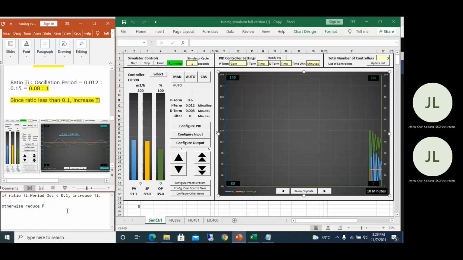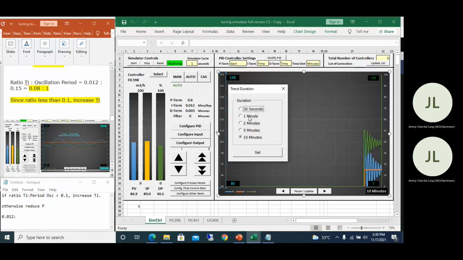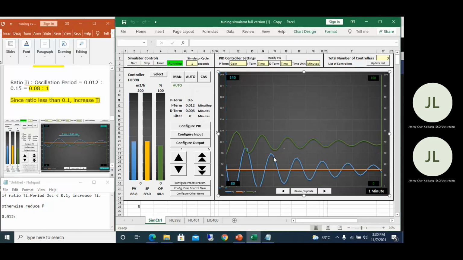So let's find the ratio first. What's the ratio of TI to the period of oscillation? So the TI we know is 0.012 minutes per rep. What is the period of oscillation? Pause this, then try to zoom in to say 1 minute. So the period of oscillation is